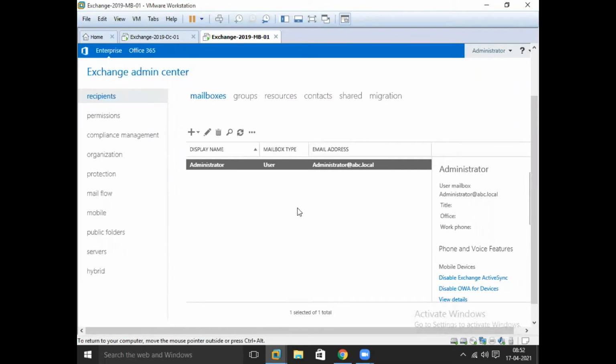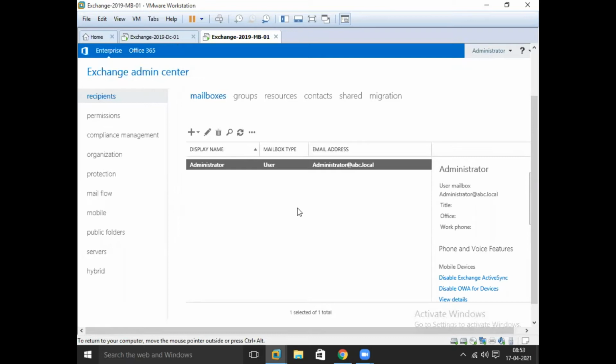Before we start creating a mailbox database, as you already know, I already discussed what a mailbox and a mailbox database are. A mailbox is a kind of container that contains the mails, and a mailbox database is also a container that contains the mailboxes. Imagine that if I create user mailboxes, those user mailboxes are automatically saved in the mailbox database. We can create multiple mailbox databases as per the requirement.